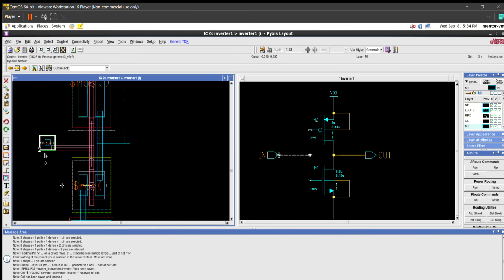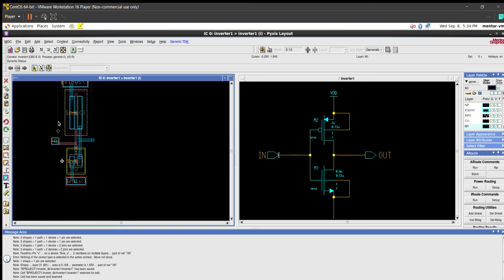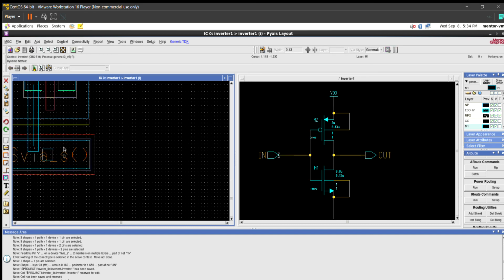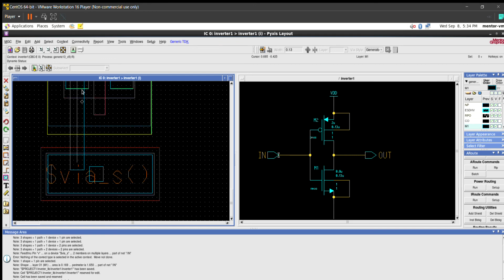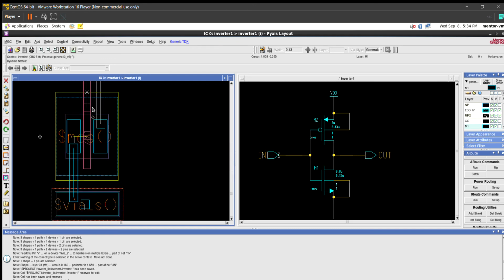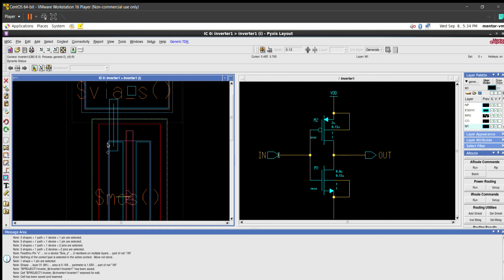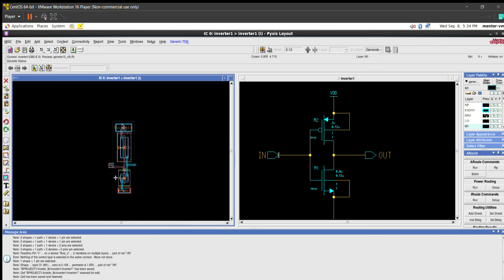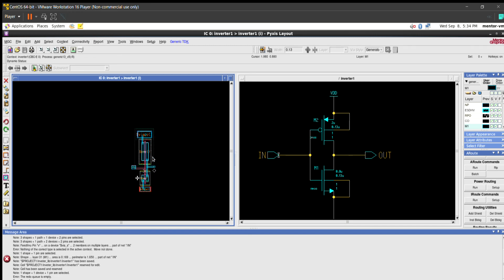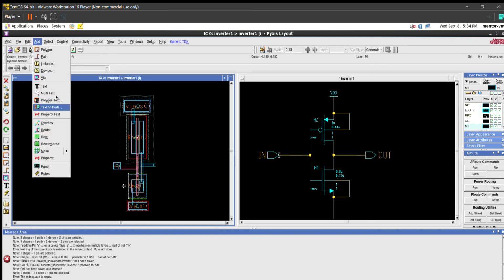So here we are. The last step that we need to do is, lastly, I'm just going to make sure these are aligned and fine over here. They look good. Okay. So lastly, we need to define the nets and the port names. So we're going to do add